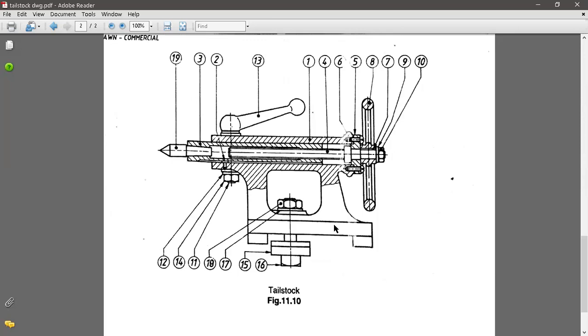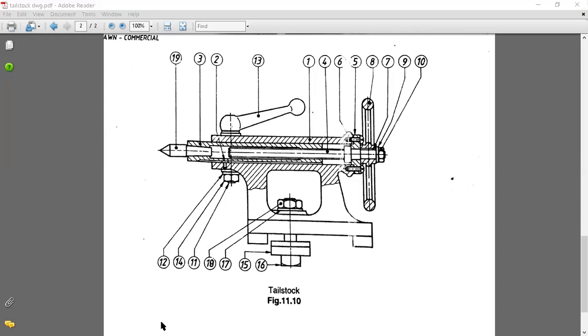So let us see in Solid Edge how the assembly or how the body is drawn. So this is the assembly of the tailstock. Is it visible?